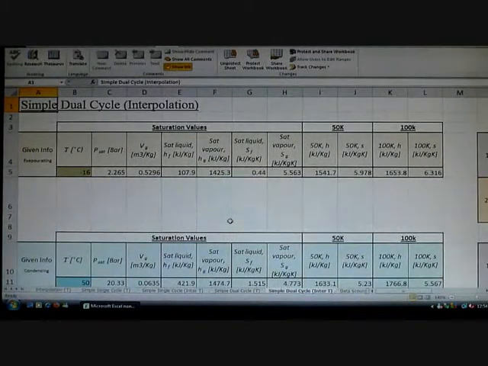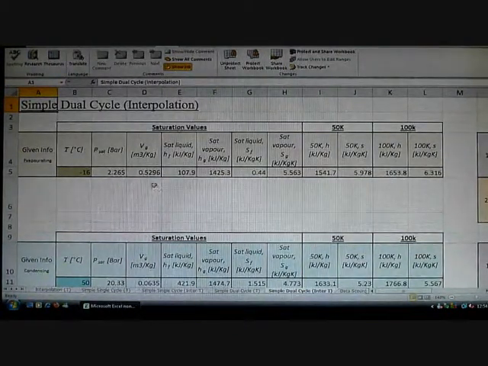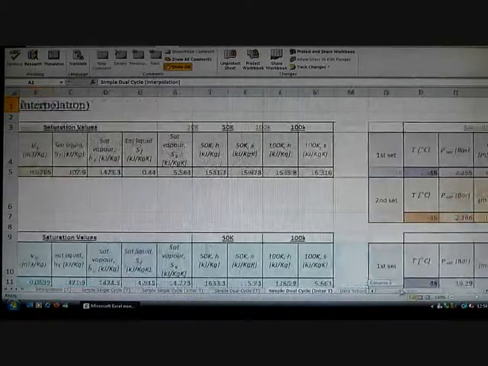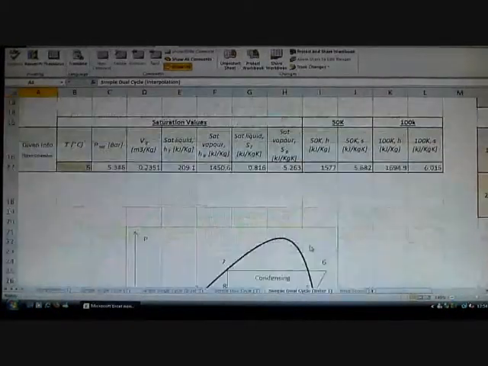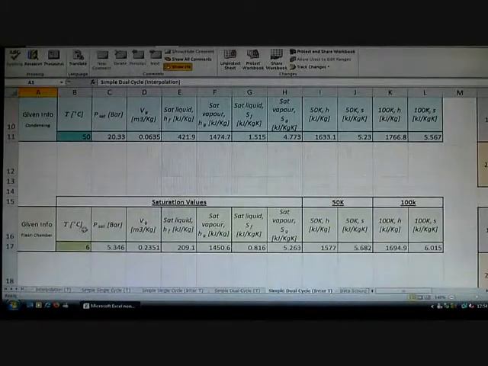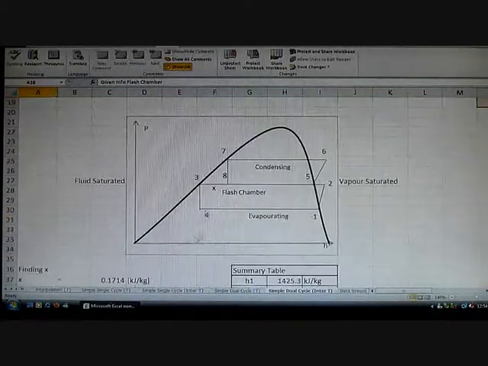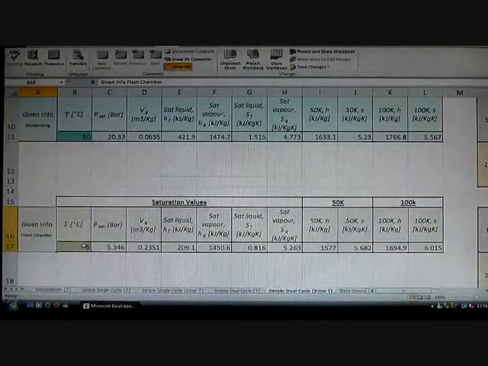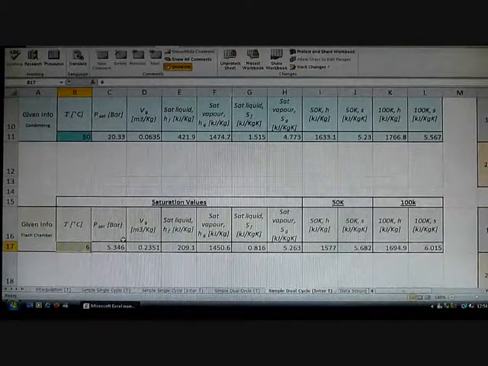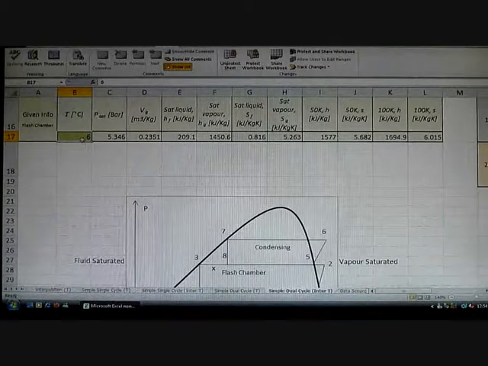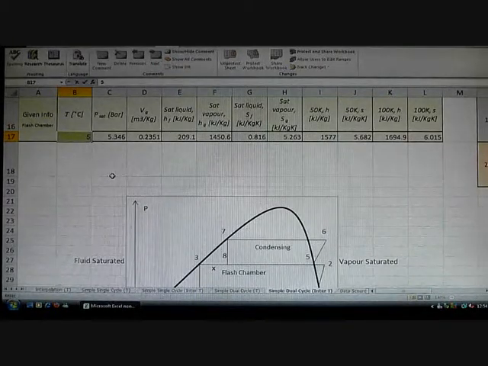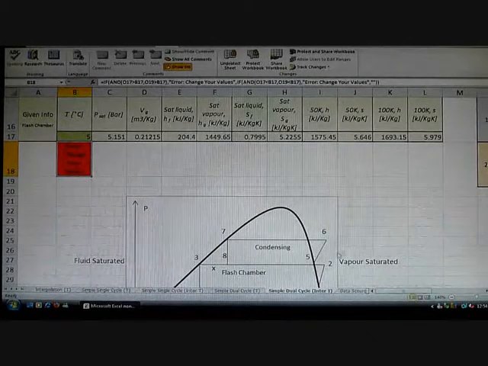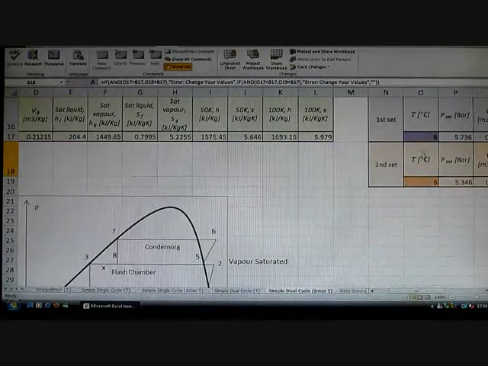Okay, what we have now is a simple dual cycle interpolation, meaning that there's an interpolation involved for this dual cycle system. And here we have an additional feature of this flash chamber, which is on this line. How it works is very similar to the previous interpolation that we have done. For example, for the flash chamber, we have a 5 degrees temperature,